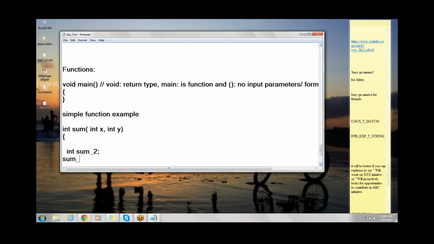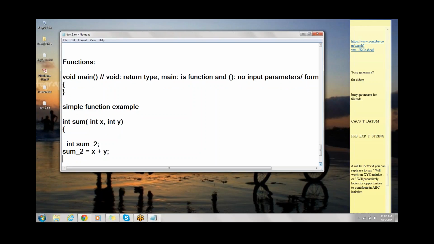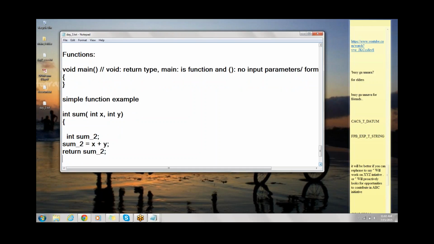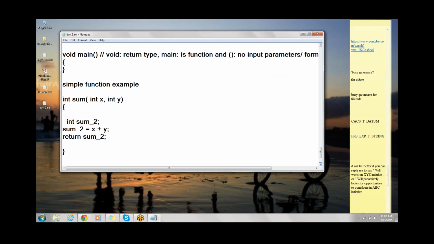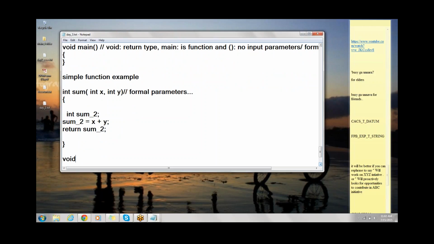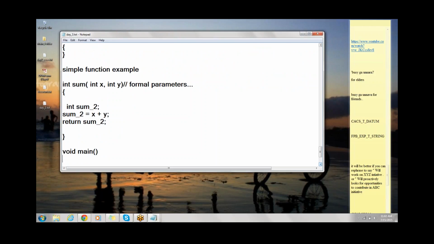Now sum_2 is equal to x plus y. So I'm just doing the sum and assigning the value to sum_2. Now I'm returning the sum_2 value. So this is a simple function in which we are passing two formal parameters. These are nothing but formal parameters. Formal parameters are those which we are passing inside the function. And actual parameters, if you go to the void main function,